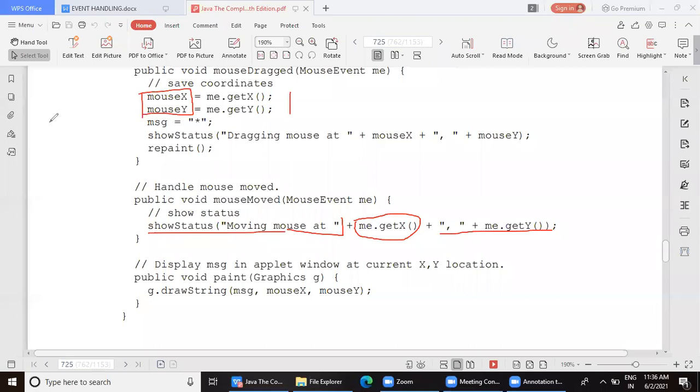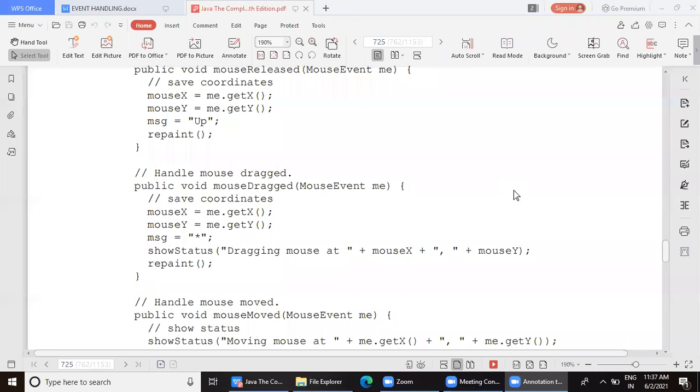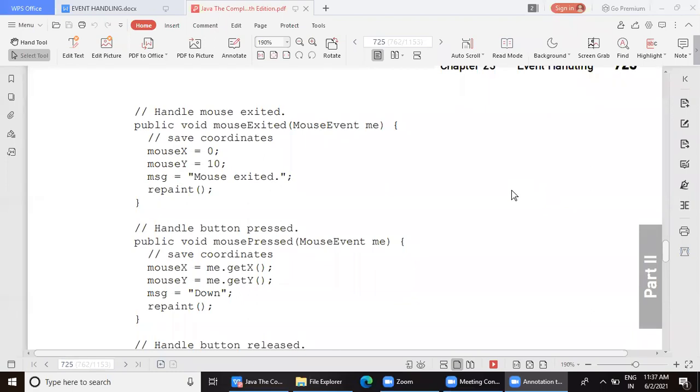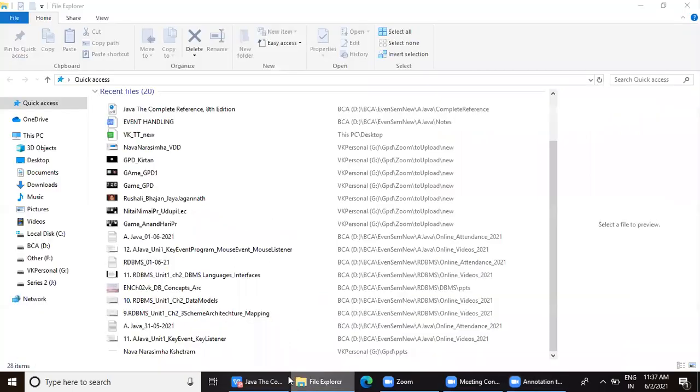Yes, ma'am. Yes. So this is how this program demonstrates the use of all these mouse related events. Clear? So all of you, this book, Complete Reference, is easily downloadable. I am using this method. Just wait, I'll show you the edition so that you can download the same and I can help you out with the page numbers exactly.